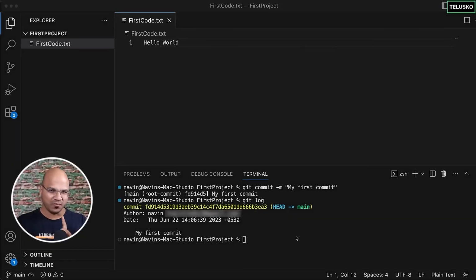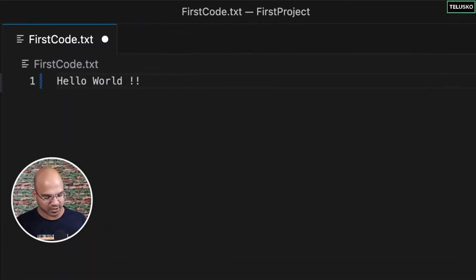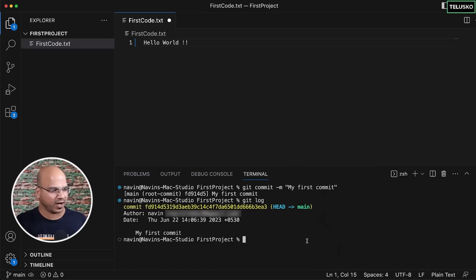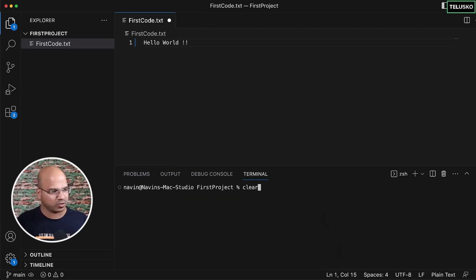So we are done with the first commit, right? And when we say git log, we got this particular commit here and we are happy with it, right? We got our first commit basically. So what I will do is I will make some changes. Let's say I want to add some exclamation marks here. Okay, so when I do that, let's say I want to do the git status,